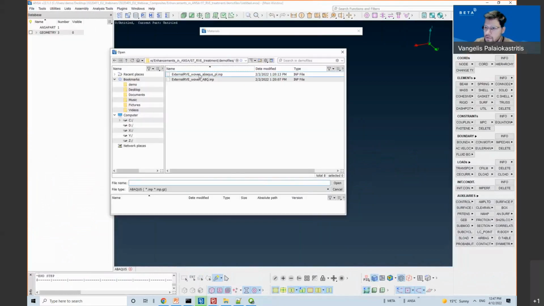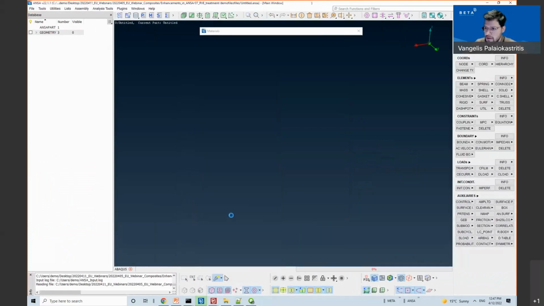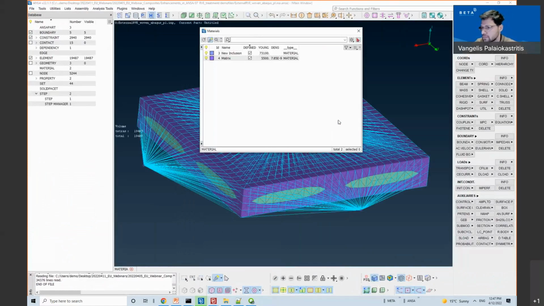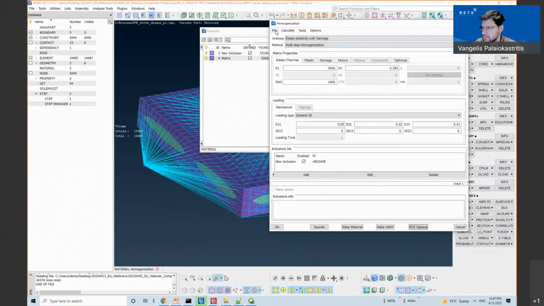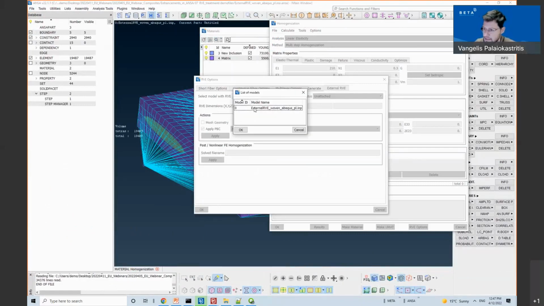Since I have this model solved, I will input this in ANSA. I will go to the homogenization tool, external RVE, and I will attach this RVE.